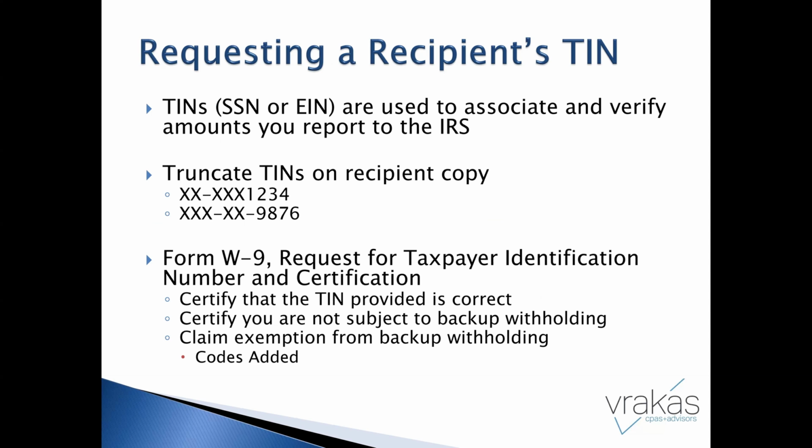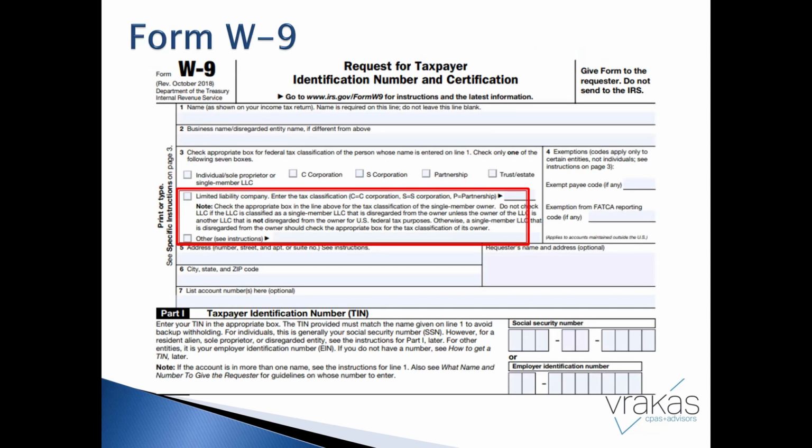So we have to actually get the information to be able to complete the 1099s. We have to request the recipient's taxpayer identification number, their address, their information. How we do that is with a W-9. And you want to make sure that it is getting completed correctly, because if not, this is where your IRS notices typically come from,